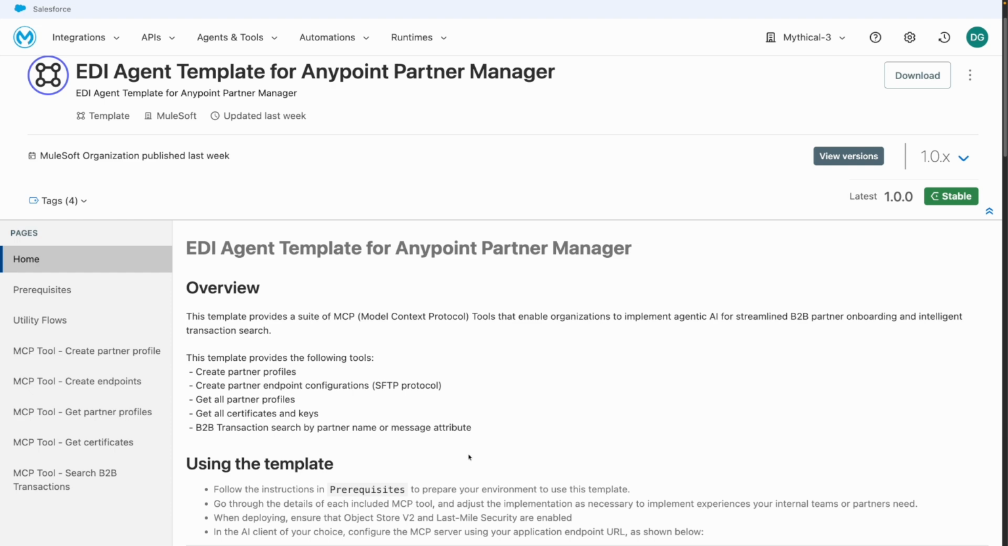Hi everyone, today we're going to be talking about the EDI agent template for Anypoint Partner Manager. This is now GA and available through Anypoint Exchange. This template aims to offer a streamlined agentic experience for some of the most common B2B use cases that our customers are encountering today. Everything from creating partner profiles to providing additional transactional level insights is provided as part of